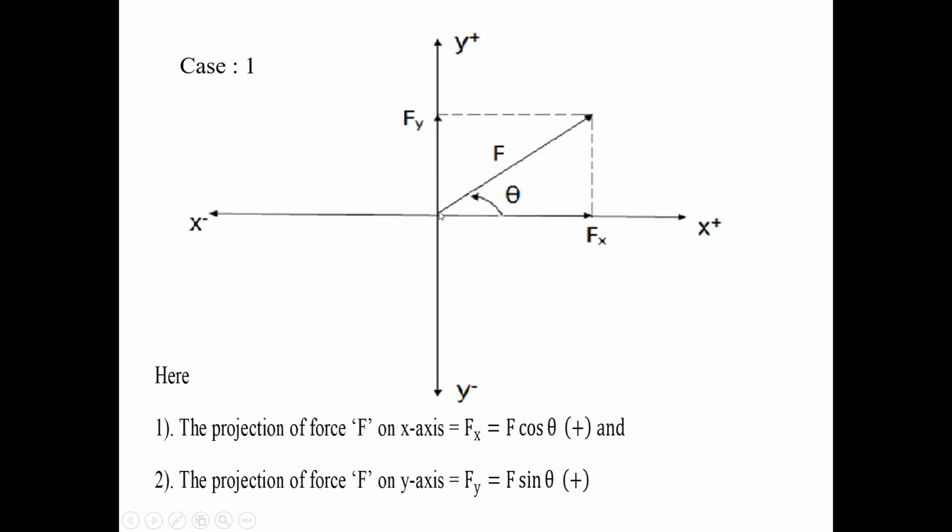In that first case, force F bar is in the first quadrant. This is the direction. Check the direction. Concentrate on the direction. With the x-axis, force F bar makes the angle theta. Then this force F bar has two projections. One is on the x-axis. The x-axis projection is Fx, this value. This is the x-axis projection of the force F bar, Fx. Check the direction on the x-axis. Please everyone look at this direction. This is very, very important.